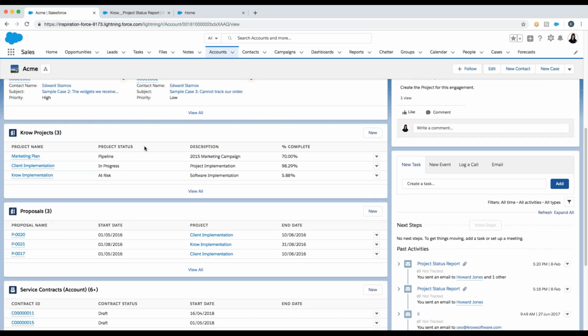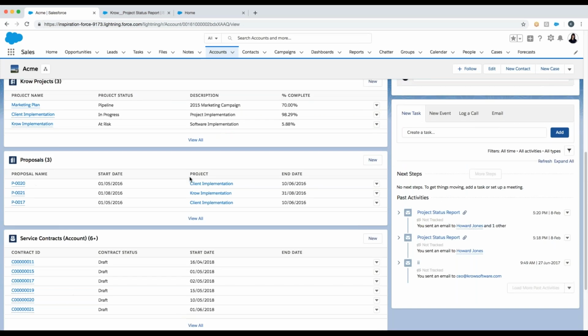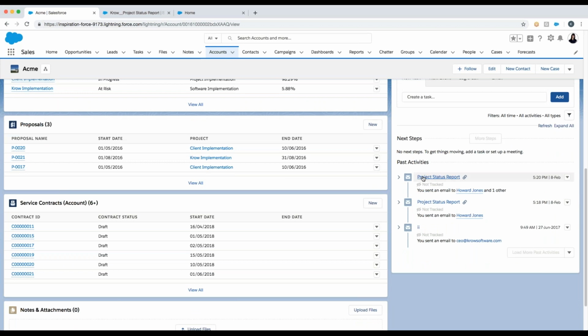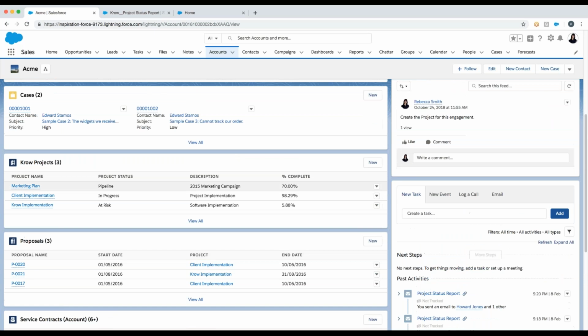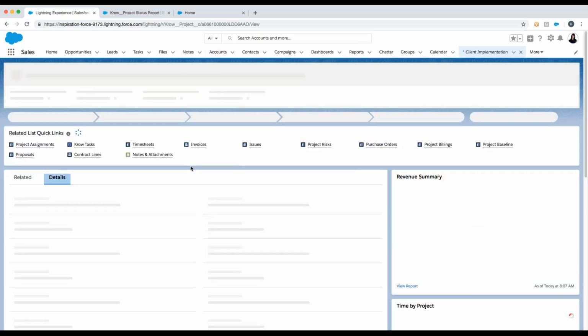So here are all my services projects and where they are within status, percentage of complete, my services proposals, my services contracts, everything related to this project. I can see also right from the account all of the activities, such as the project status report was sent, there was an email communication sent, all of that directly from the account. So as a sales representative or account manager, I can get real-time insight from sales through service delivery of where my customer is in the life cycle or journey, especially if I'm trying to upsell that customer with a new opportunity. And depending on my security, I can go ahead and just click on that project right from here